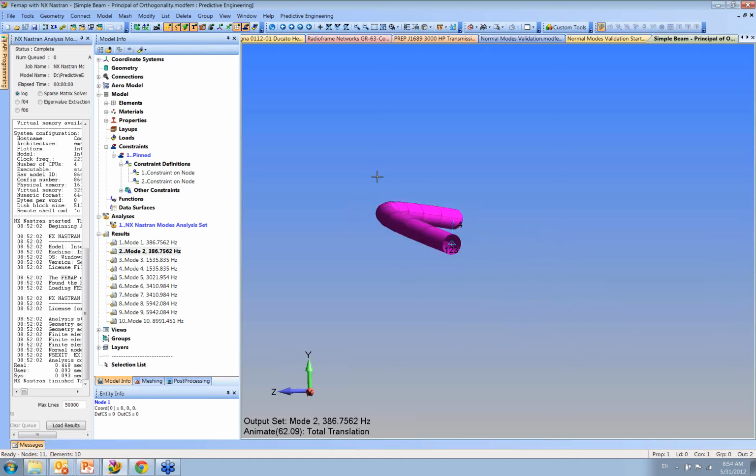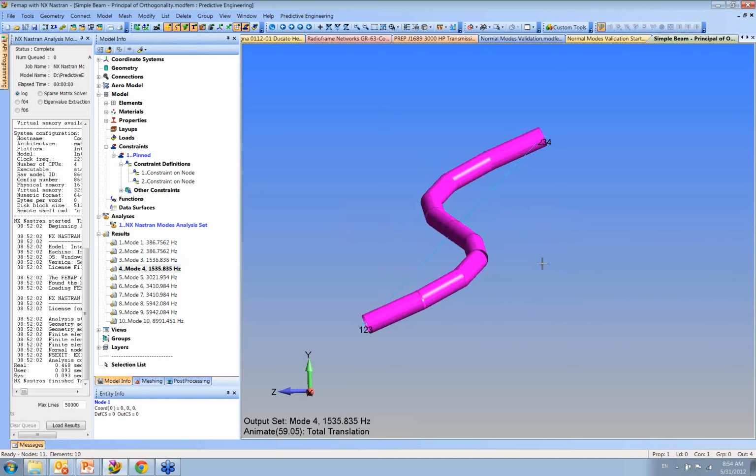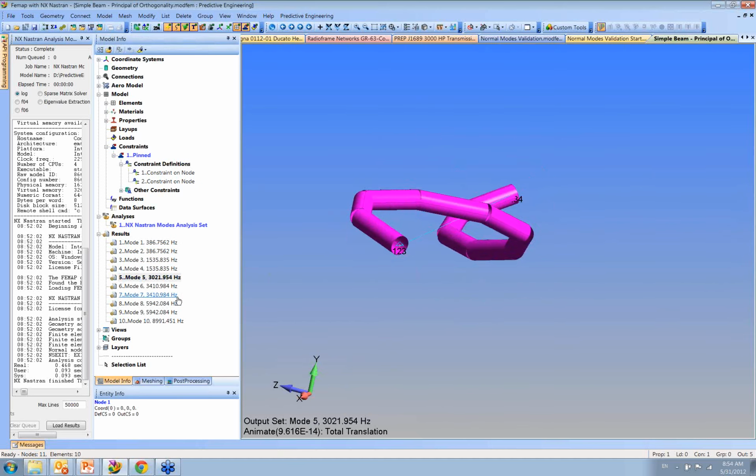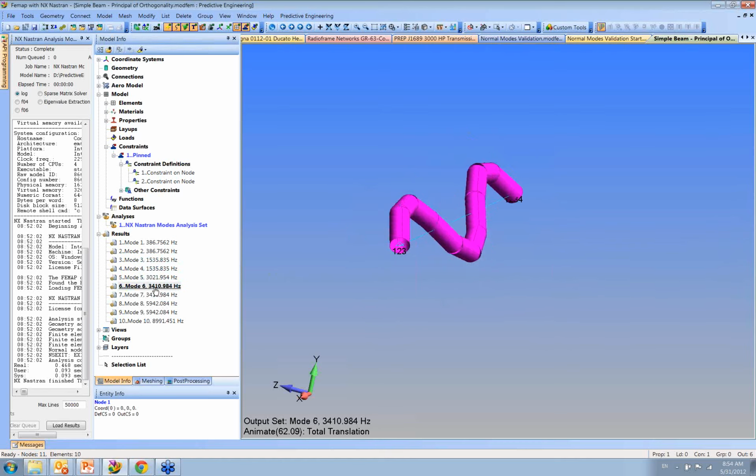Numerically, they just reduce it down to two modes, the two orthogonal modes. And this will occur anytime you have symmetry. Like this, you get these orthogonal modes. It works great for a simple beam. When you get to the higher modes, it all breaks down because things start to go apart. But for simple bending, it works.